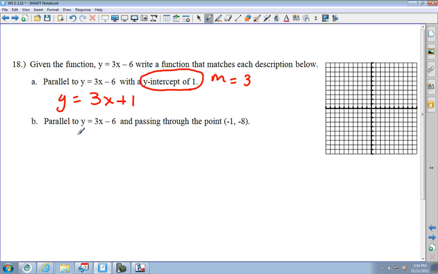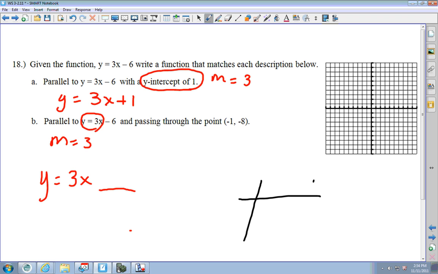Now on this one, it wants the equation that's parallel. Well, I know my slope is still going to be 3, so my equation is going to be y equals 3x, but I don't know the y-intercept. Now we can do this two ways. One way to find the y-intercept is to build a table, -1, -8, and put the slope in there and solve it from here. I can also go in here and go -1, -8,